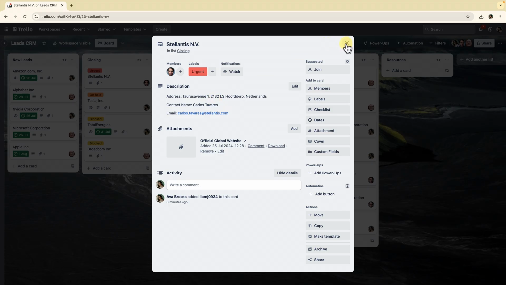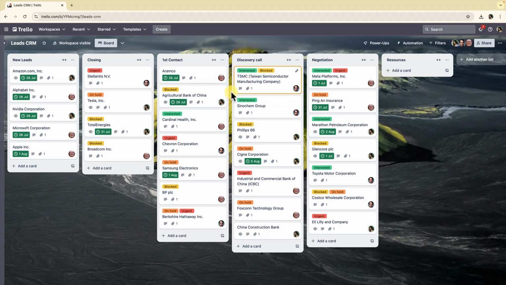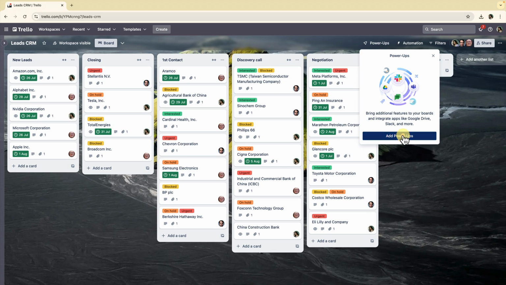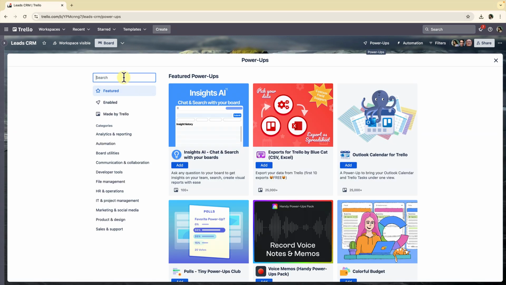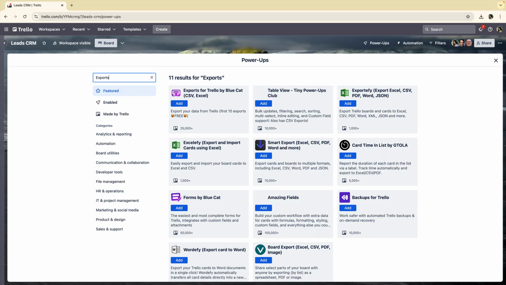Typically you would install Crumble on top of the board and you would expect Crumble to turn these existing cards into deals. So that doesn't work like this. Therefore, before we start with the Crumble installation, I wanted to show you what makes a ton of sense, which is installing